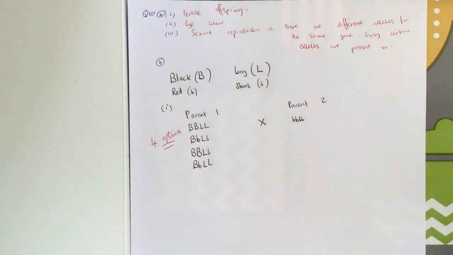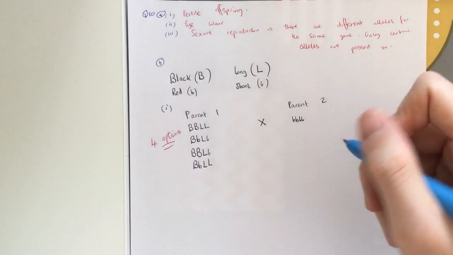To choose from. And how do we narrow it down to the actual parent? Well, read the paragraph again. A black-eyed rabbit with long ears was crossed with a red-eyed rabbit with short ears. There's no clue in the first sentence. The offspring of this cross included some rabbits with black eyes and short ears, while others had red eyes and long ears. If you think about that for a second, is there a clue there?